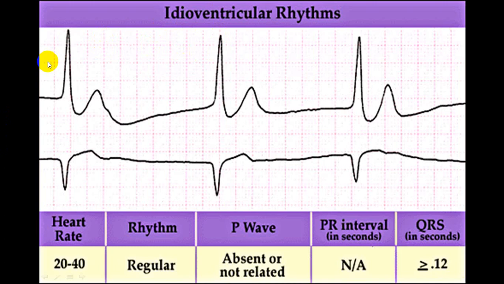This is another thing where you can see a broad QRS complex, the RR interval is regular, the ventricular rate is between 20 to 40 per minute, and the QRS complex is not preceded by a P wave. This is idioventricular rhythm. You can't call this a bradycardia, because the idioventricular rate is between 20 to 40 per minute; the rate here is around 30. So this is a normal idioventricular rhythm rate. Hence this is called normal idioventricular rhythm.